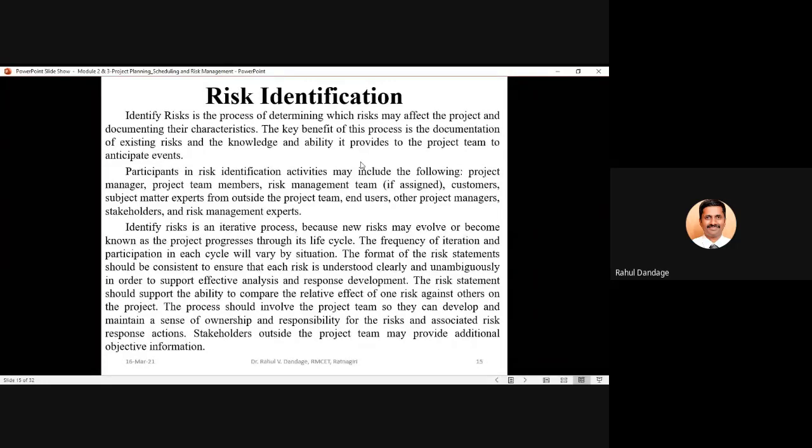Participants in the risk identification activity may include the project manager, project team members, the project management team, customers, subject matter experts from outside the project team, end users, other project managers, stakeholders, and risk management experts.